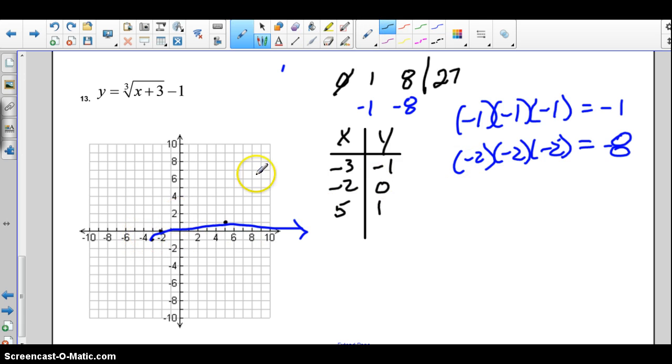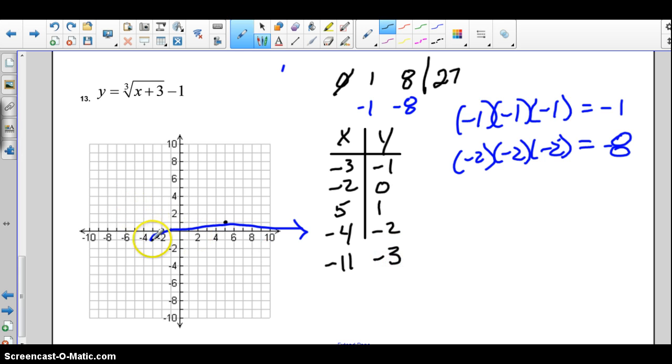Let's try and think about creating -1 from our function. So what would I need to add to 3 to get -1? That's right, -4. Plug in -4, you're going to have -1. Cube root of -1 is -1. Minus 1, that's going to be -2. Now let's create a perfect cube for -8. How about -11 for x? So if I plug in -11, -11 plus 3 is going to be -8. Cube root of -8 is -2. -2 minus 1,